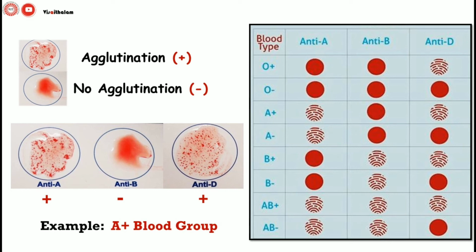So you can see in slot number 1, in the antibody A, after mixing the antibodies and blood, that particular blood undergoes an agglutination process, whereas in the antibody B there is no agglutination, so the blood remains the same. And this is formed on the basis of the ABO system. And finally you can see the antibody D, which identifies whether the blood type is positive or negative. Once it is mixed with the antibody, it again forms the agglutination process, so that particular blood belongs to the positive type. That's the manner we use to find the A positive blood group.